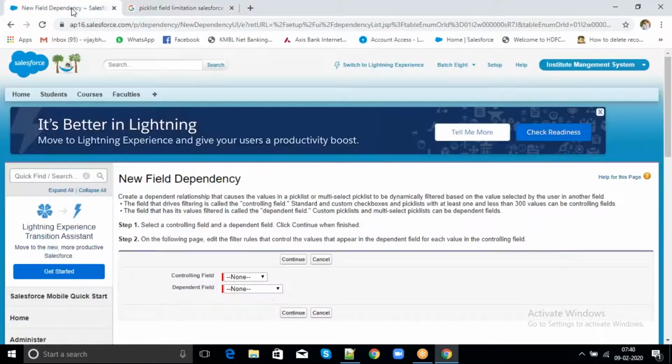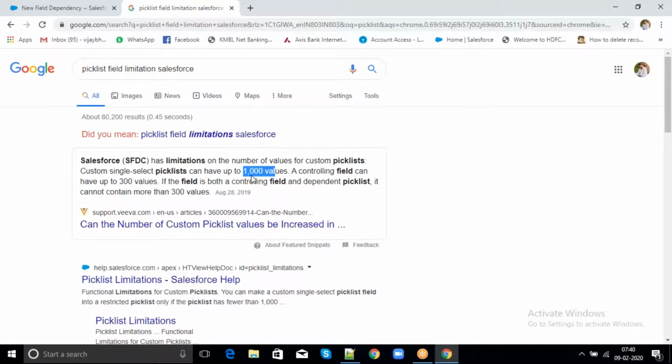Okay. So now we are entering India, Australia, right? Every country can have up to 255 characters. And in one pick list, we can add up to 1,000 values. You can add 1,000 countries. Okay.